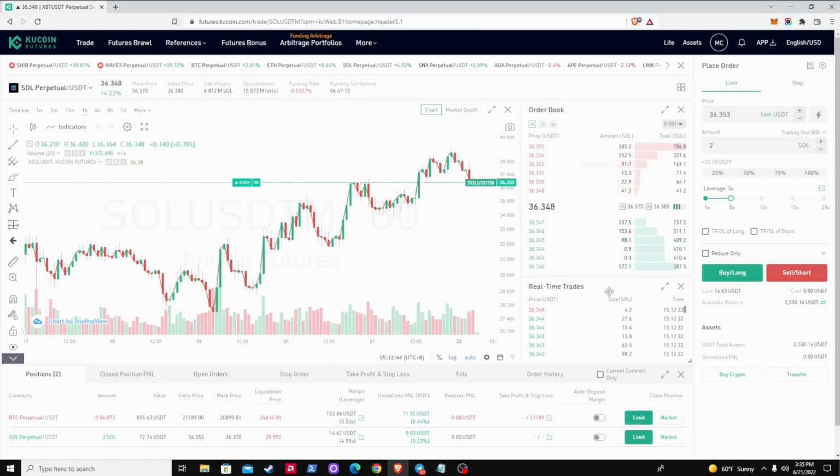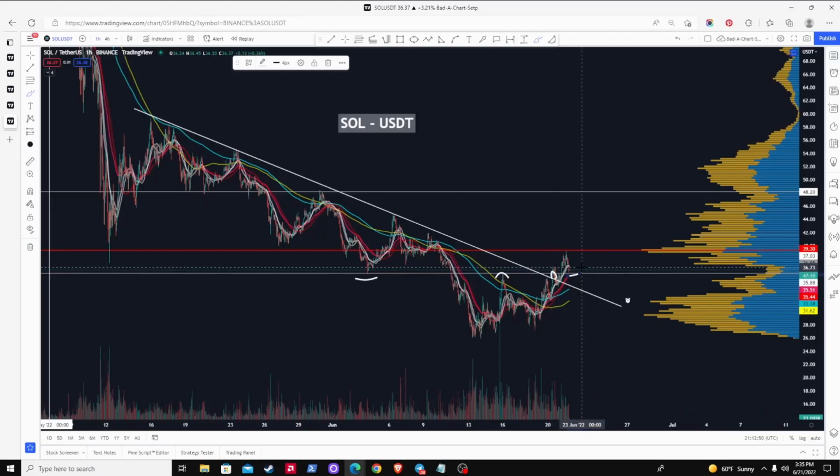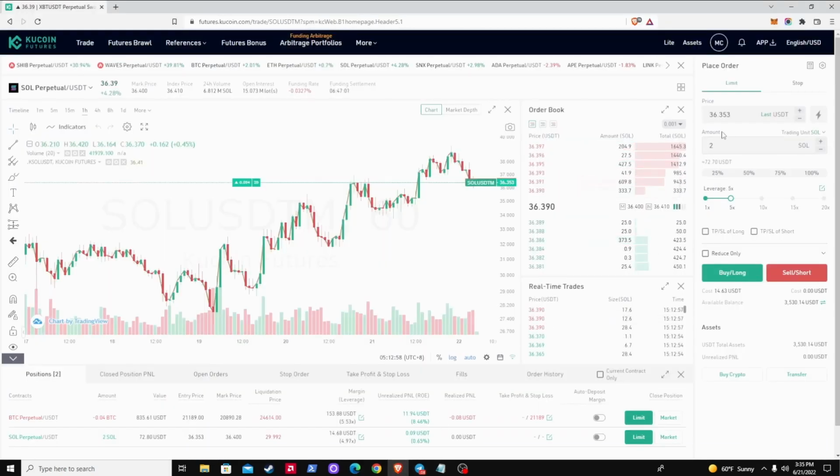Specifically, if you wanted to set an exact price, maybe you didn't want to enter right now like I did. Maybe if we come back to our chart, the price was up here already, but you wanted to get back here on the retest at, say, 35.88. I could come over here and put that price in specifically, 35.88, whatever amount you want, whatever leverage you want, and buy. And then that would obviously show up under open orders until it was filled, or if and when it was filled.